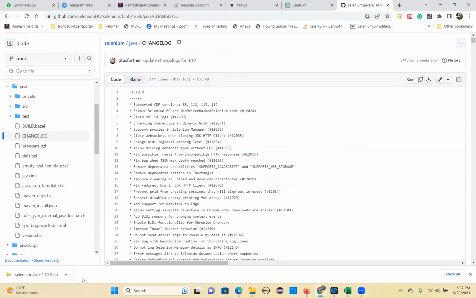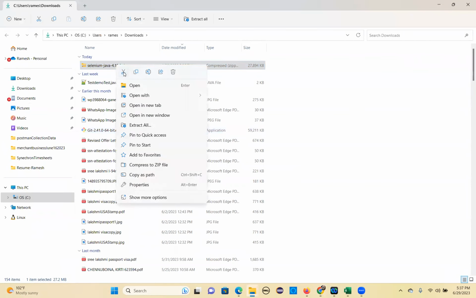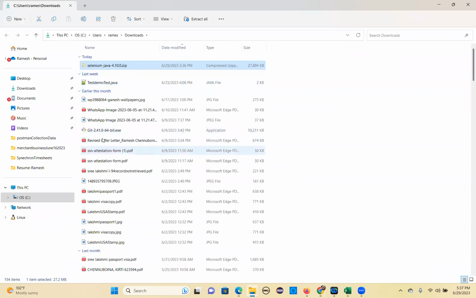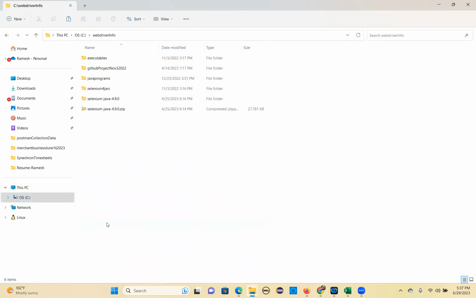Okay, so anyhow, our Selenium jar zip file is downloaded. Where can you find it? Just click on this arrow mark, show in folder. See, this is the one. So you click on this, cut it. I'll cut it because I don't want to duplicate files. So I'll go to C drive, and there is a WebDriver folder. Here you can paste it. Okay, then